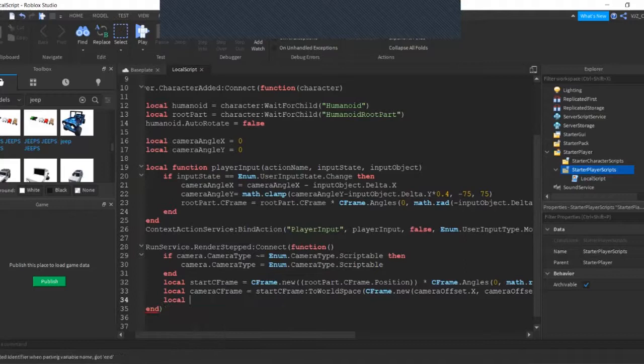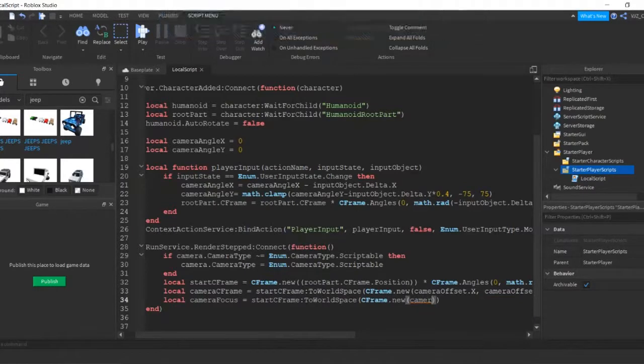So camera focus is equal to start CFrame to world space CFrame dot new camera, new camera offset. So if we look here,